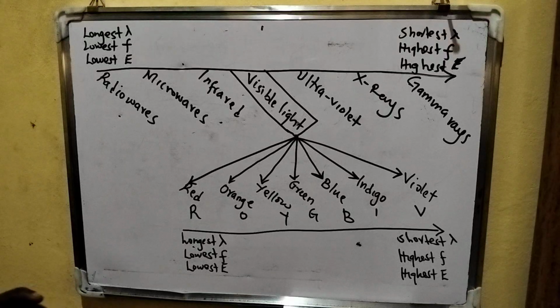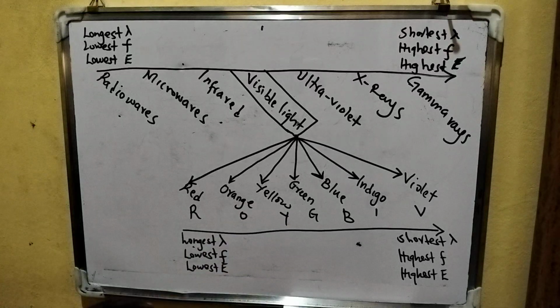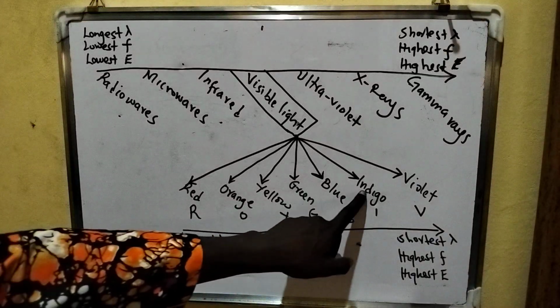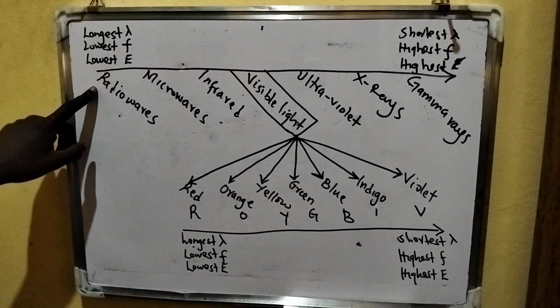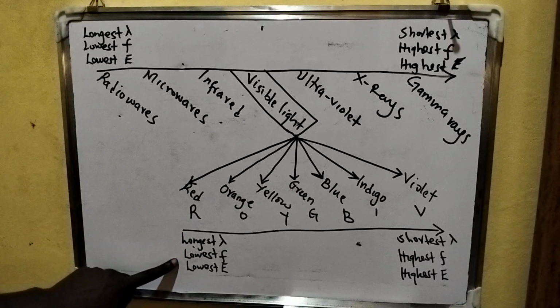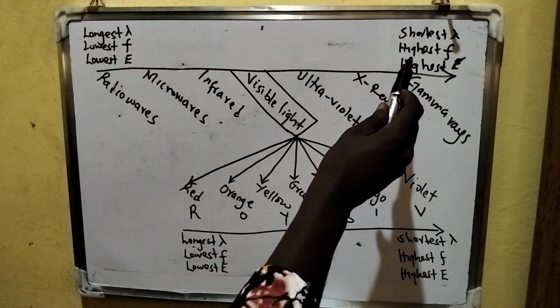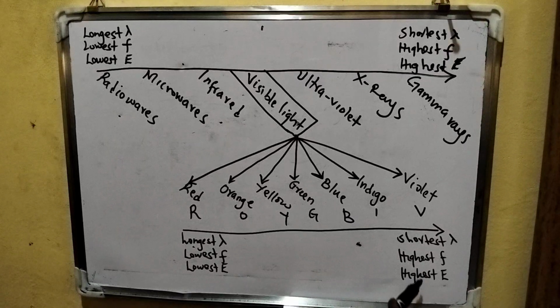That is very important to understand, because at times we can replace the visible light with even yellow light. So we need to understand that the visible light forms the rainbow colors, the spectrum: red, orange, yellow, green, blue, indigo, and violet. With the red light behaving like radio waves, that is, it has the longest wavelength, lowest frequency, and lowest energy. Violet, on the other hand, behaves like gamma rays, having the shortest wavelength, the highest frequency, and